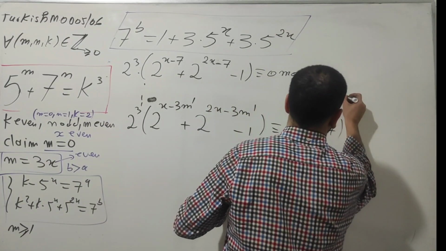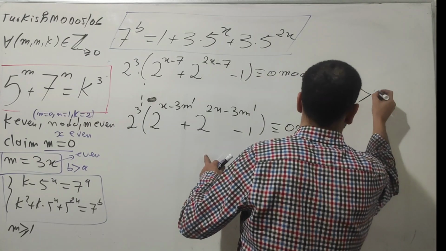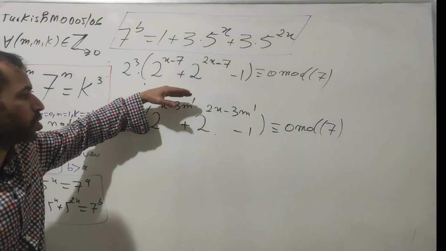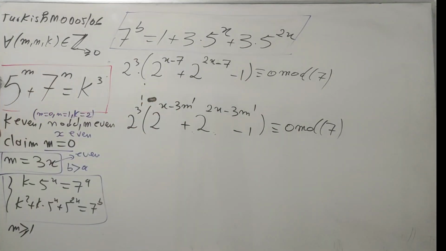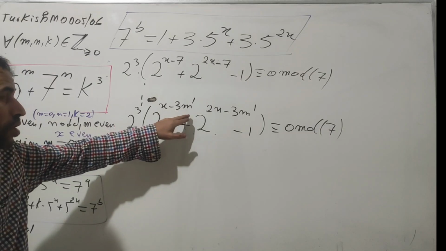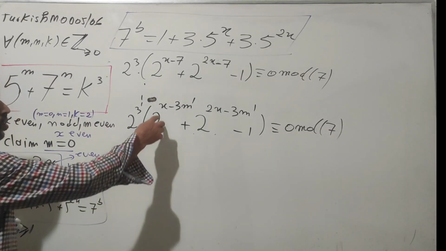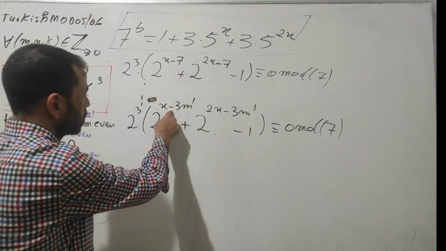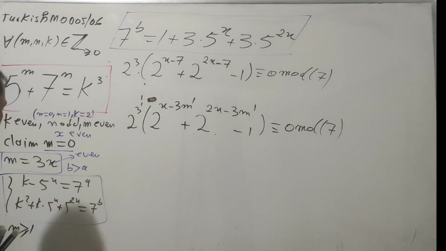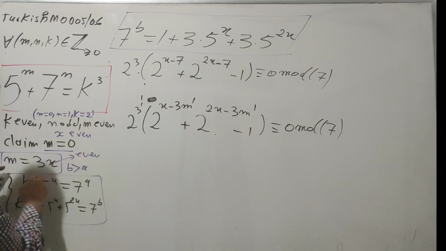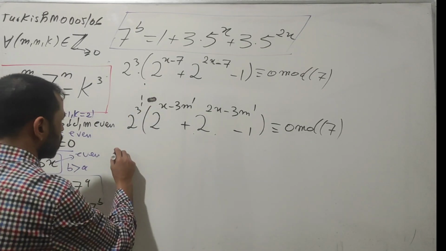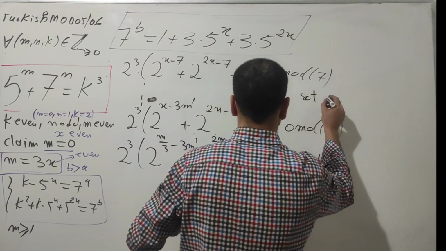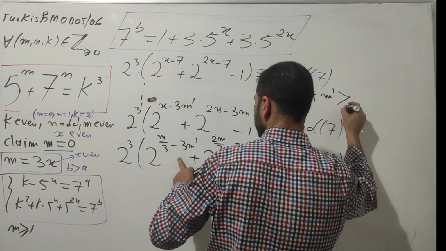This 3m prime is always going to be bigger than x, because it's running all the way down. It's not going to stop, because it's going to get us into negative exponents, because this is not going to stop until infinity. What's going to happen? x is always fixed, but this one keeps going up. With this minus sign, the negative will win over x. To make it simpler, I'm going to replace x with m over 3. So let's say m prime is always bigger than m,